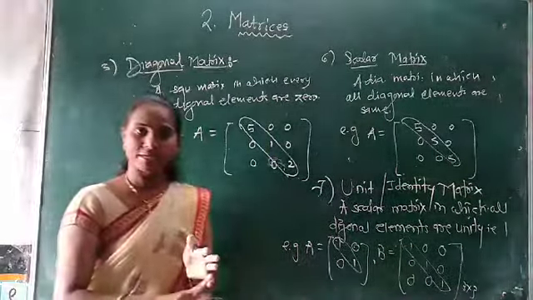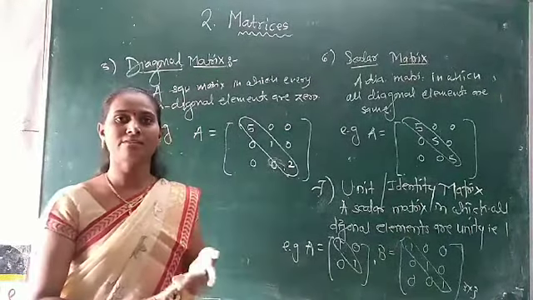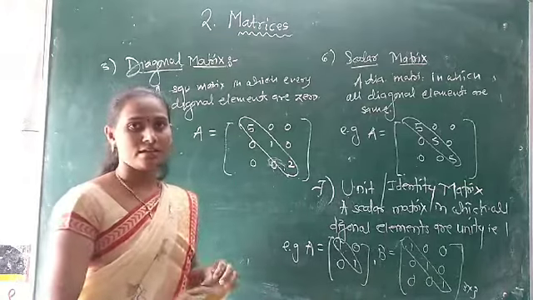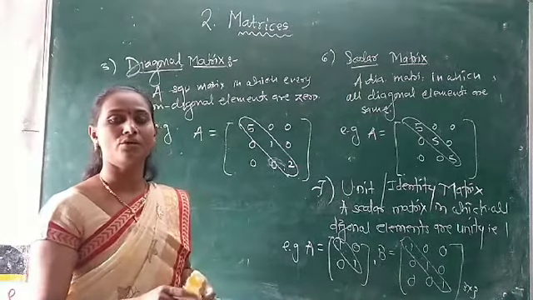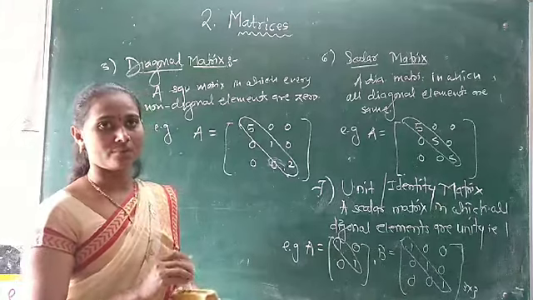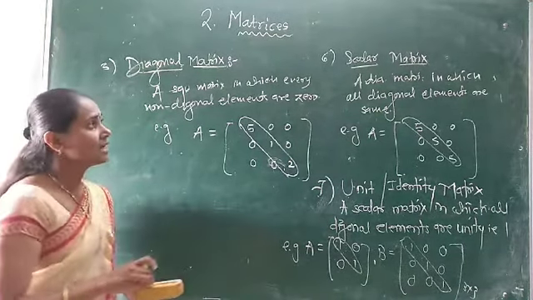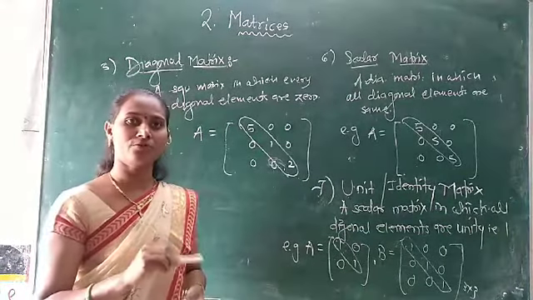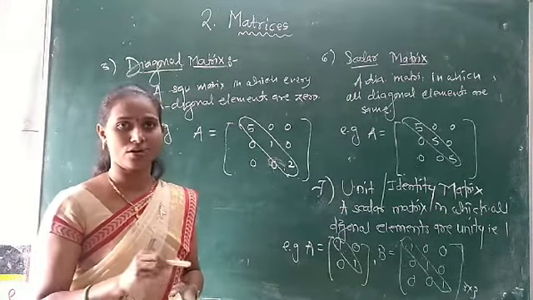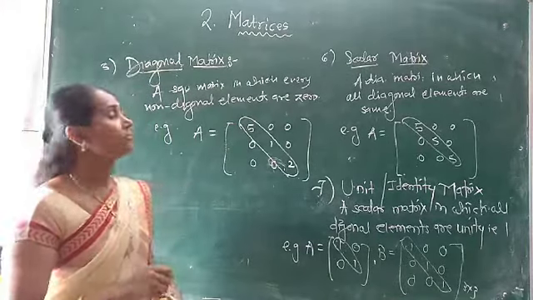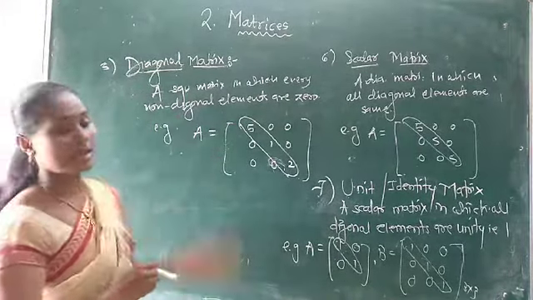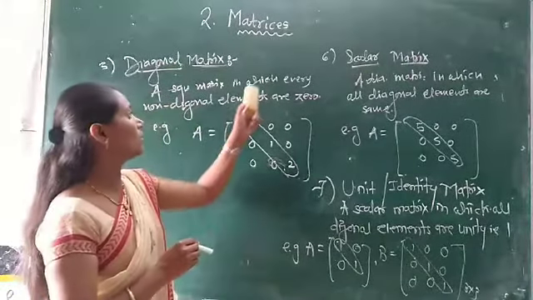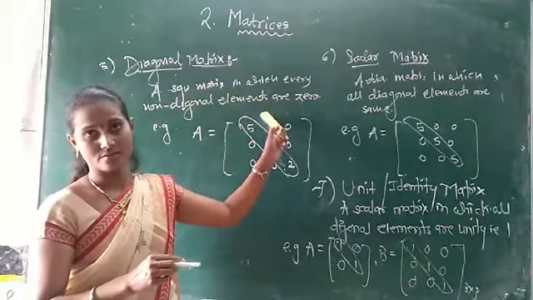First one, row matrix, which has only one row. Now second one is column matrix, having only one column. Next one we see is singleton matrix, that is having only one row and only one column, is called a singleton matrix. Next we see square matrix, a matrix in which number of rows is equal to number of columns is called a square matrix. Now next one we see is diagonal matrix. It is a square matrix of which every non-diagonal element is 0.